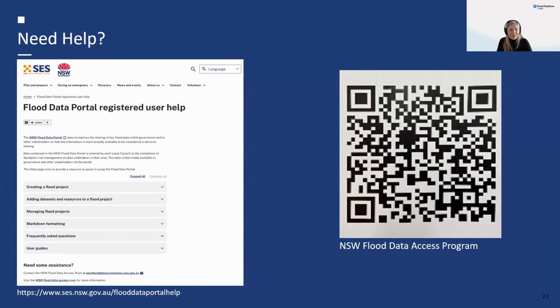So if you haven't checked that out, pop on, have a look. It's a great website, I think. And if you are working in New South Wales, make sure you go and check the portal. If you're working in an area, see if there's already something available. That's what it's there for. And if you are doing work in New South Wales council areas, make sure that they're uploading the data so that everyone else can access it.